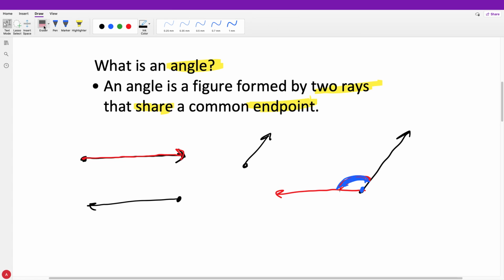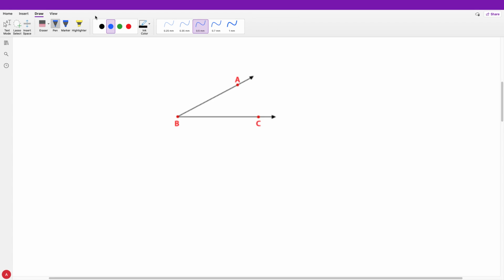All right, and now that we do know what an angle is, and hopefully you already knew this from before, we are now going to go into how to name an angle. All right, so when we look at this here, we can see that we have two rays that form or share a common endpoint. Now these rays are sometimes called sides of our angle, or you can refer to them as rays as well. But when we name our angle, the vertex that they share must be the middle letter. So when we write it, we denote that it's an angle using the symbol,